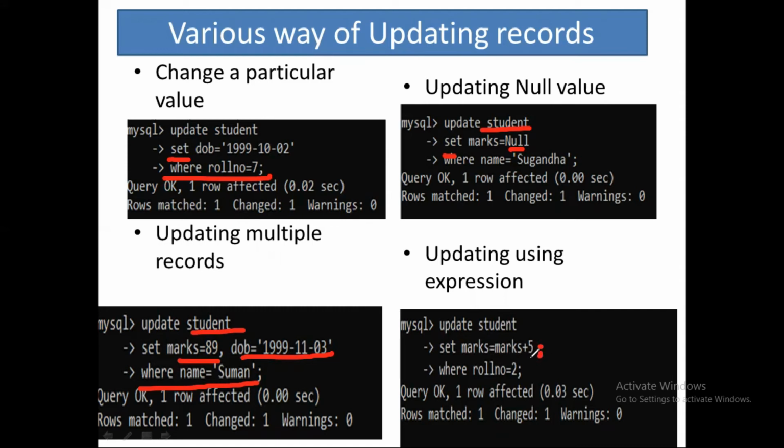If you don't want this, you want it for a particular student, so you need to put the condition. किसका करना है? WHERE roll number is equal to 2. So now the changes will be there in roll number 2 only. Otherwise, the changes will be done in all the records. So I hope you understood the role of the WHERE clause here. To make changes in particular records, you need to put the condition. अगर नहीं डालते हैं तो changes will be done in all the records.